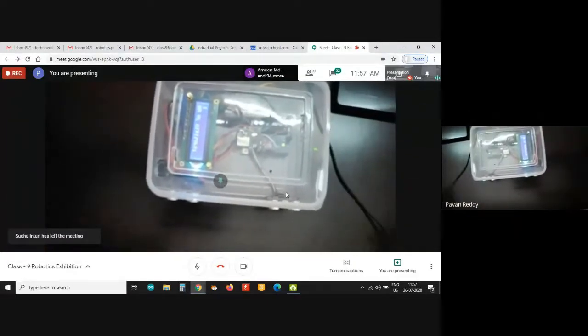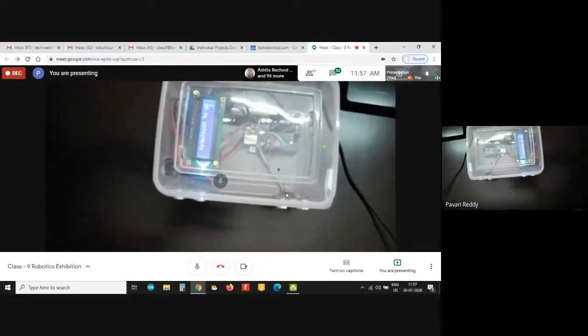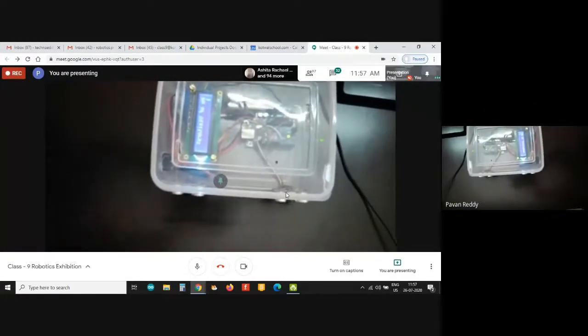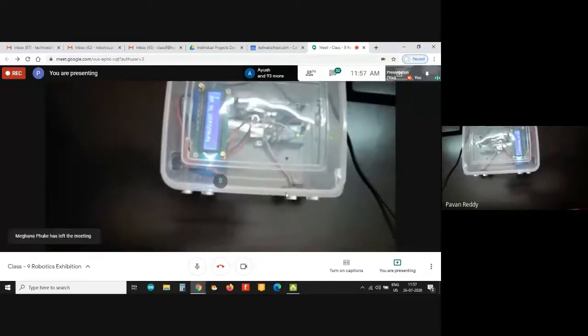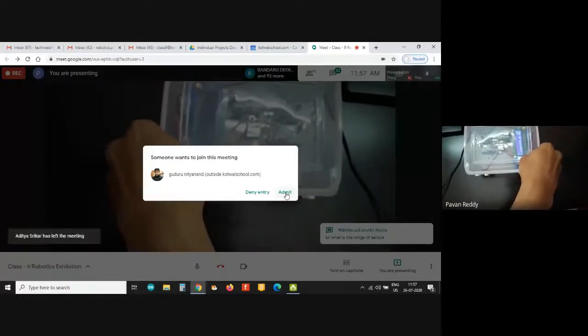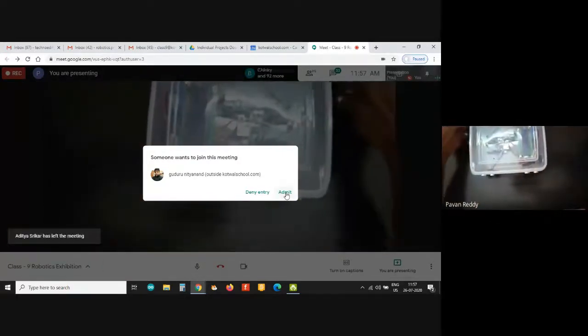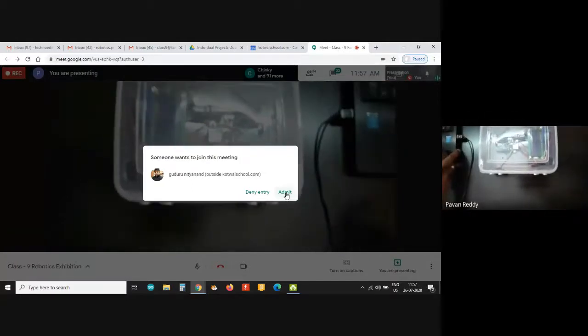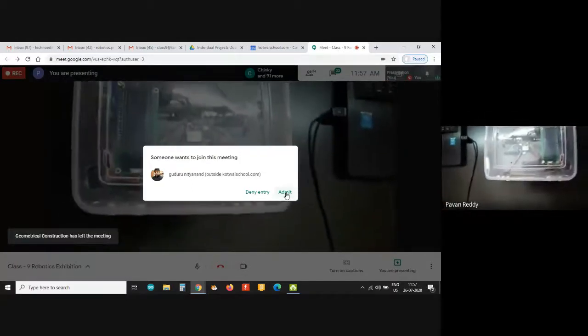So you see that the number of visitors is 1. Using simple ultrasonic sensors and some kind of logic, students were able to come up with an elegant design of counting the number of people inside any particular place, be it a museum or a mall or a theater or even a classroom.